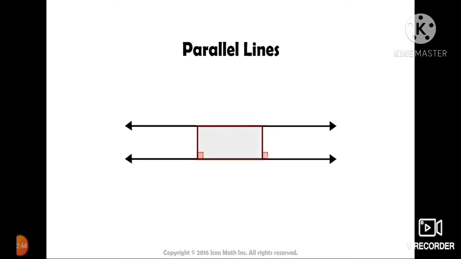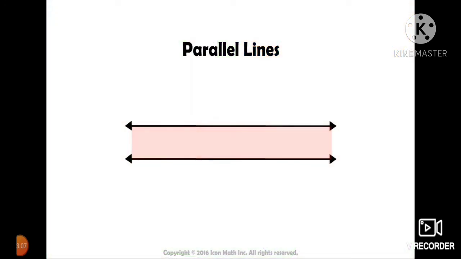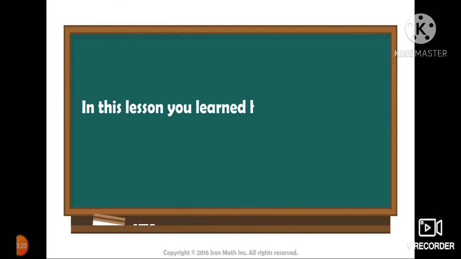Okay, so just see this figure. In this figure, the above line is AB and the below line is CD. AB is parallel to CD. Parallel lines may be vertical, horizontal or slanting lines. Rays and line segments can also be parallel to each other, but there is only one condition for parallel lines: when you extend those two lines, they never meet at any point. Those are parallel lines. Here GH is parallel to KL.